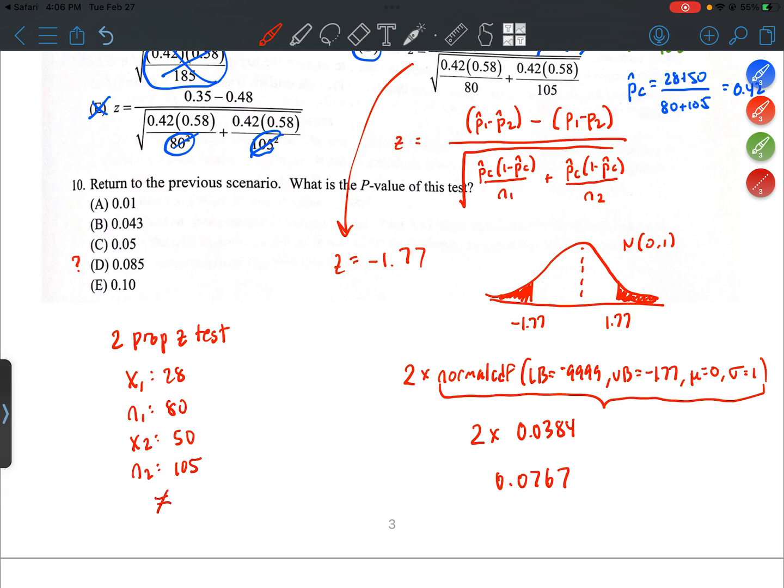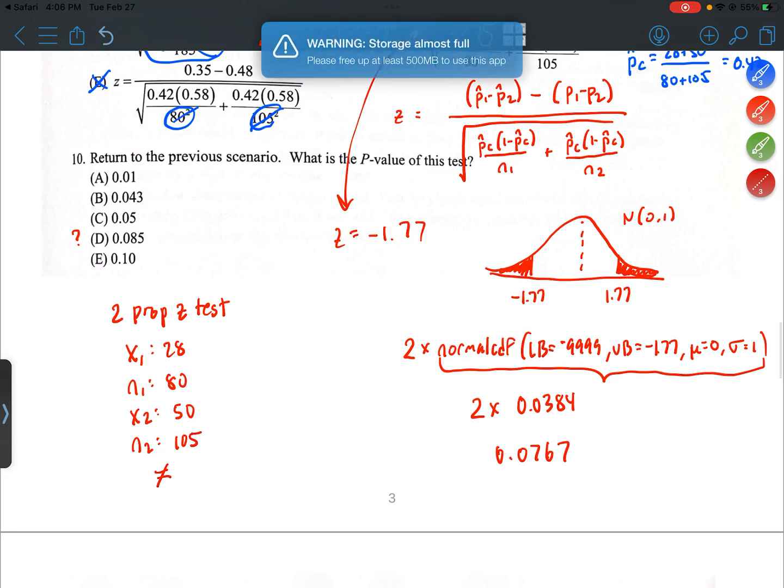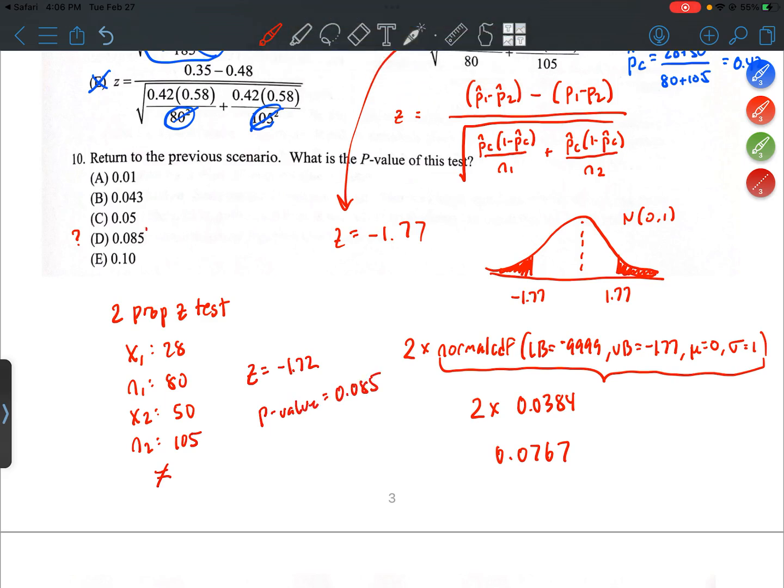Okay, so when we run this on the calculator, we get a z-score of negative 1.72 and a p-value of 0.085. So yes, the answer will be